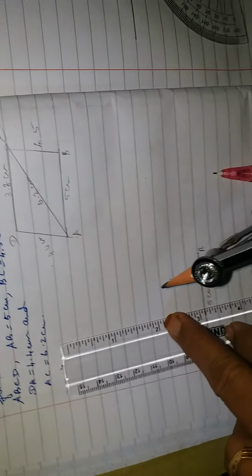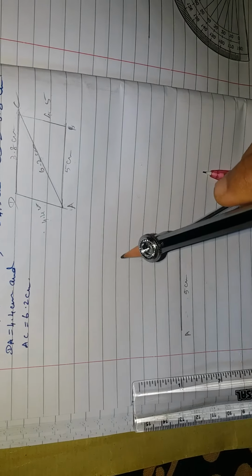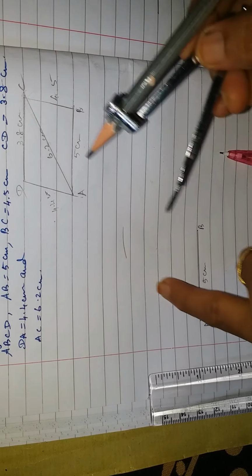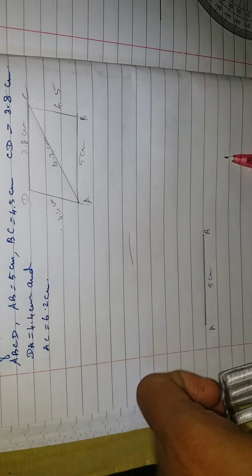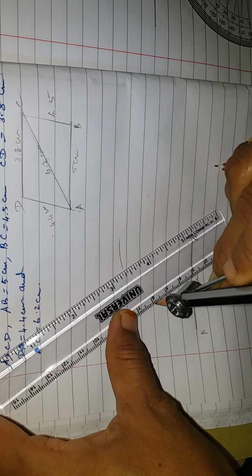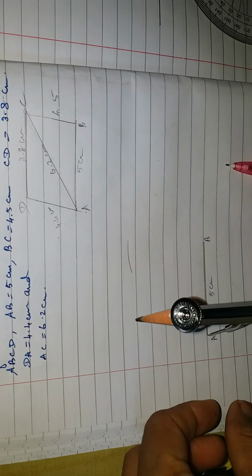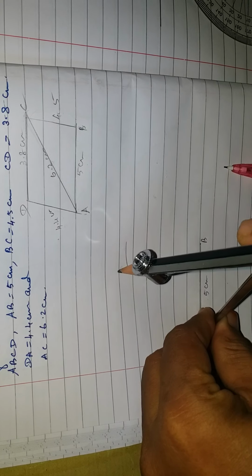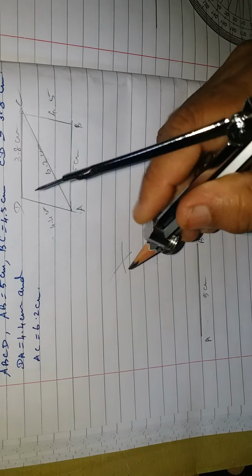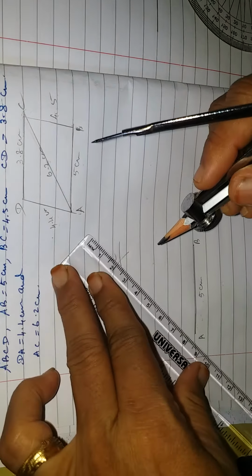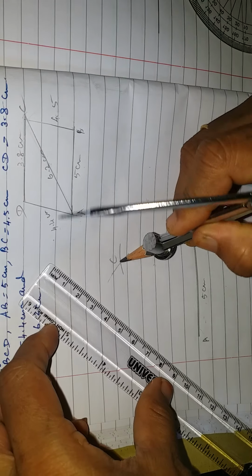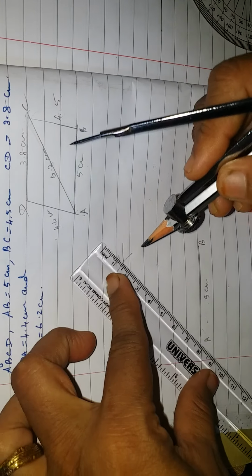Okay, so from here you need 4.5, means draw one arc of 4.5. Then from here to here you have to draw 6.2. So take your compass, measure for 6.2 and draw one arc. You have 6.2, you draw one arc. From here you join, this is your point C. So you have got one point. When you draw 2 arcs, the point of intersection of the 2 arcs will be your point.